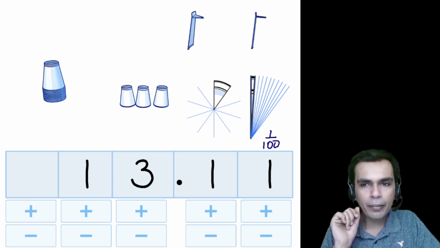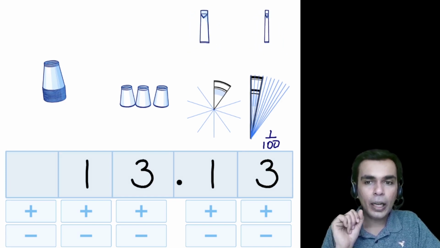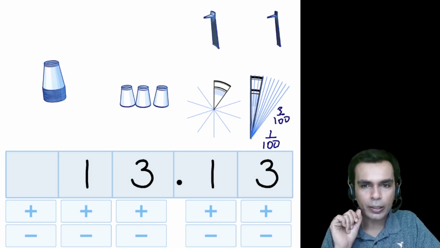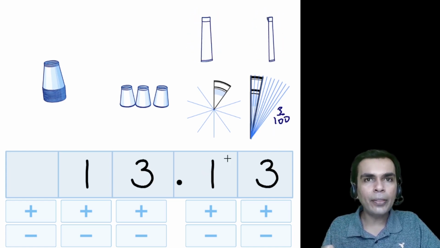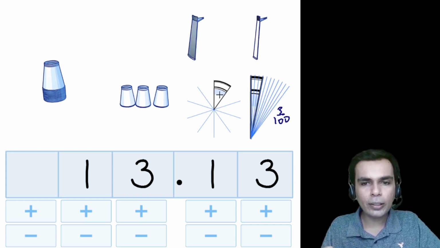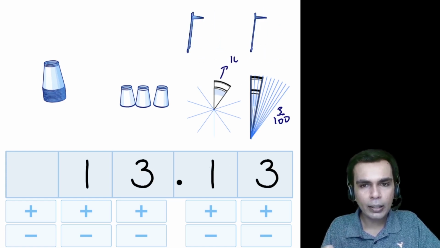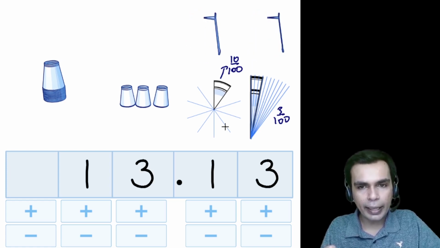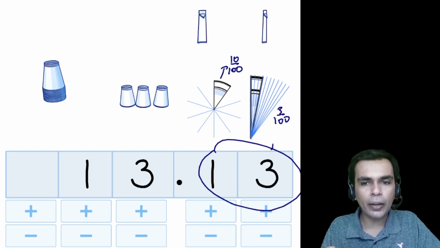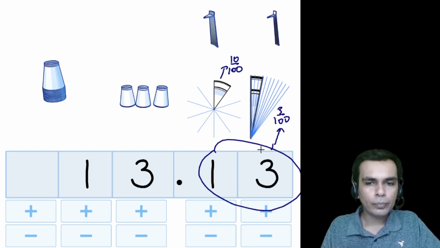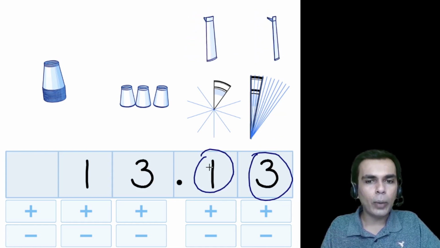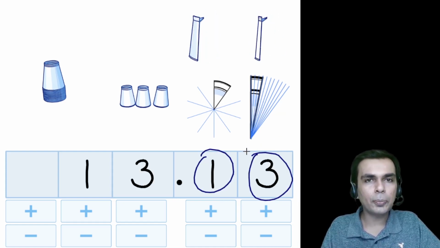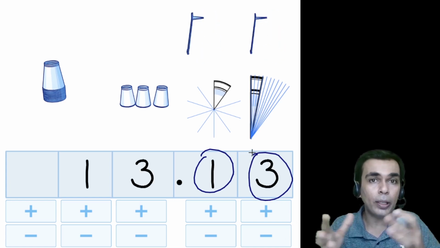So if I, let's say, have three of the hundredths, three of the hundredths actually means this is 3/100ths. So now you see I have 1/10, 3/100ths, or you can also think of this itself as 10 hundredths, right? Or 1/10. Either way, it's the same thing. So if it's 10 hundredths, then I can say 10 hundredths and 3 hundredths is also 13 hundredths, right? So therefore, this is the way to understand this. So it's 1/10, 3 hundredths, or 13 hundredths put together. Either way, it means the same thing because you're putting things together.